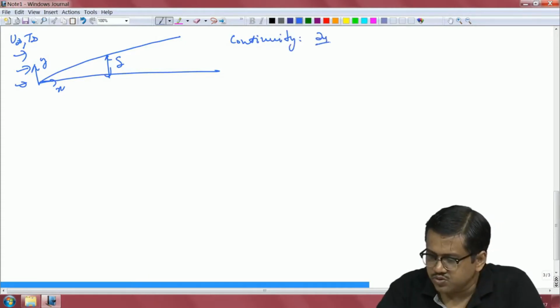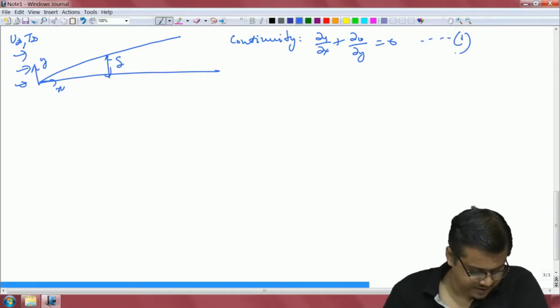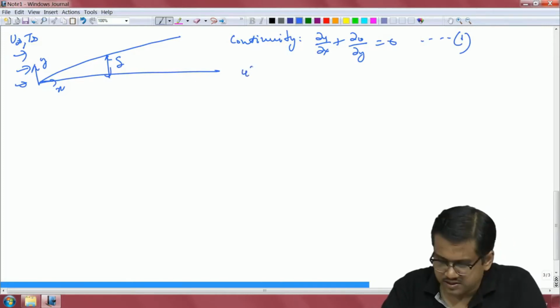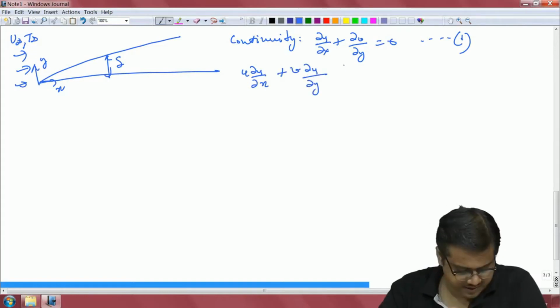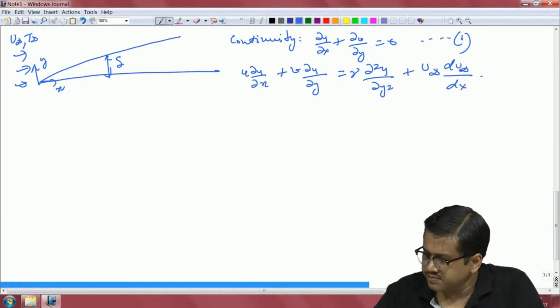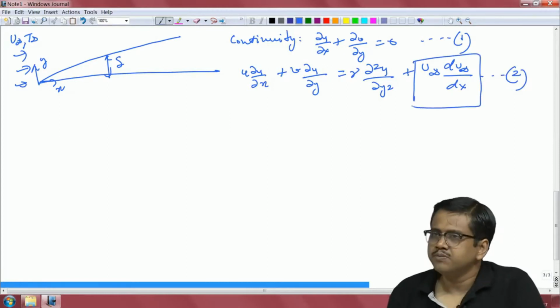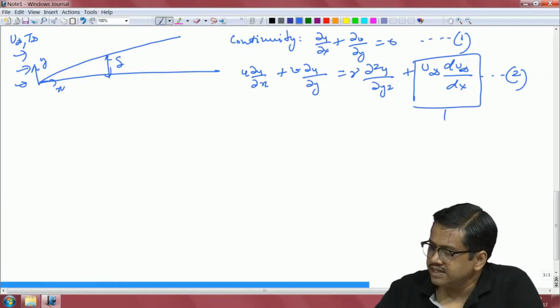equation is du/dx plus dv/dy is equal to 0, this is 1. Okay. The x momentum is u du/dx plus v du/dy. I will tell you the origin of the last term, this is 2. Okay. The origin of the last term comes basically from the pressure gradient, right. This is basically nothing, it comes from the Euler's equation, correct,